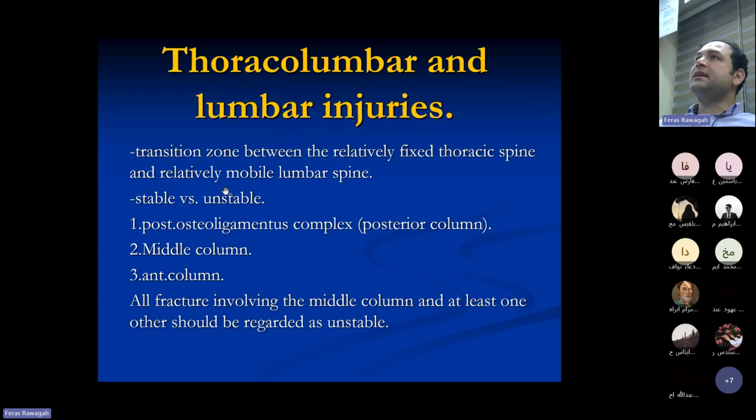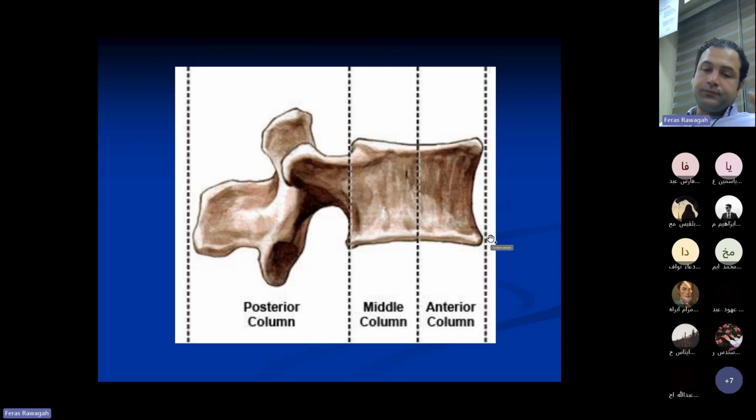Regarding the thoracic and thoracolumbar injuries, the subaxial cervical spine and the thoracolumbar injuries, we have many classifications actually. For example, we have the AO classification, we have the Magerl classification, we have the TLICS classification. However, those classifications are complicated. As a medical student, you use the Dennis classification. This classification is the easier one, and Dennis actually